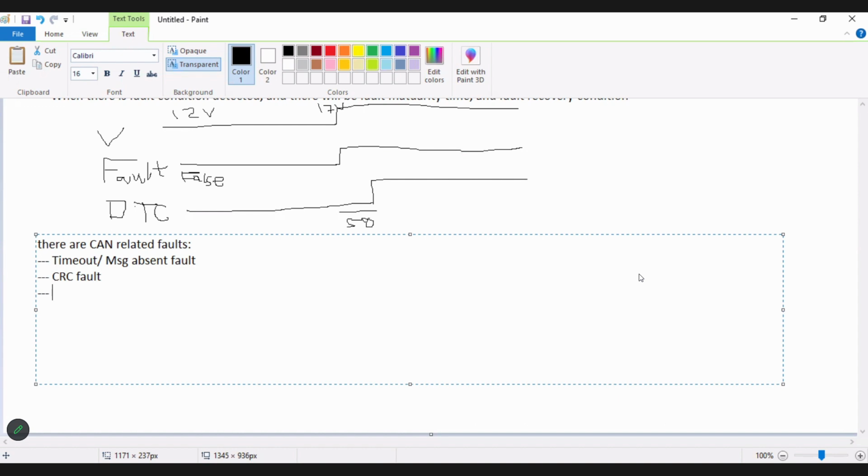Another fault is the rolling counter fault, or we can say it